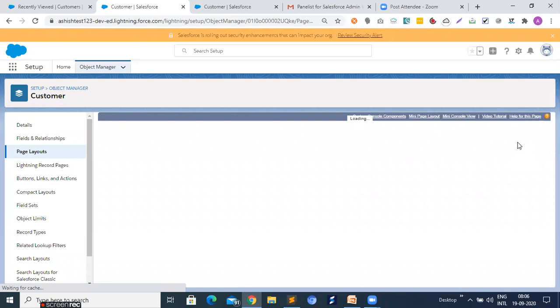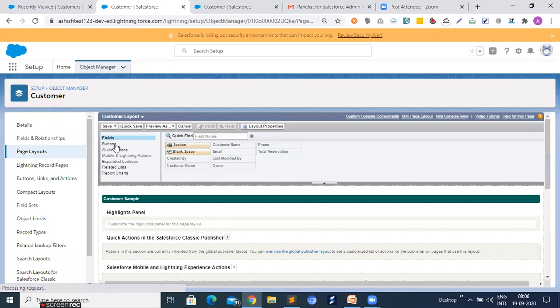Now you can see in layout, we have different options like fields. It will show the total fields that are available in a particular object. Button, quick access, mobile and lightning access, expanded lookups, related list, and report charts, right?